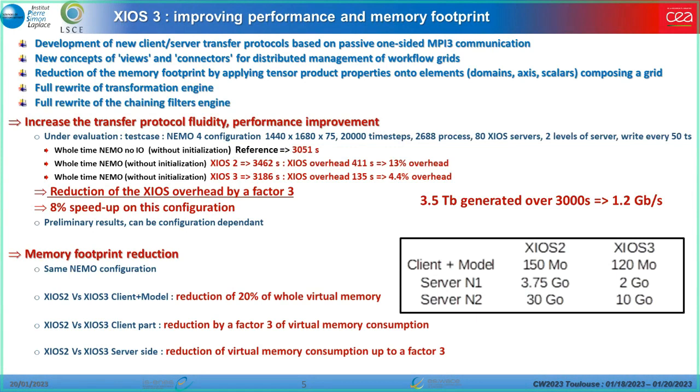So now we are evaluating the performance gain between the XIOS2 version and the XIOS3 version. Currently, new results: we take a NEMO configuration at a 25 kilometer resolution with some thousand processes and writing every 15